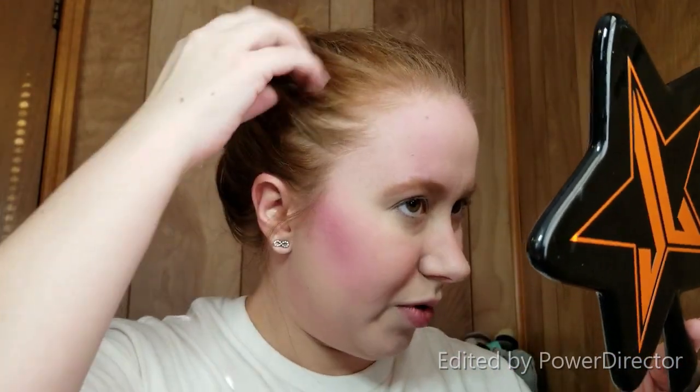I put the pink on my cheek so aggressively, I shoved bits of hair in my ear and it was tickling me. So now I've got these strands that I just pulled out of my bun. Let's see. I want to go ahead and do eyes before I move on to the cheeks, because I think I'm going to use the highlighter that I use to